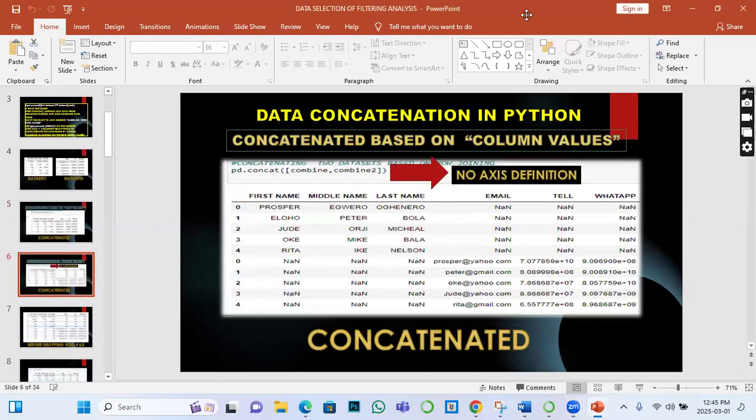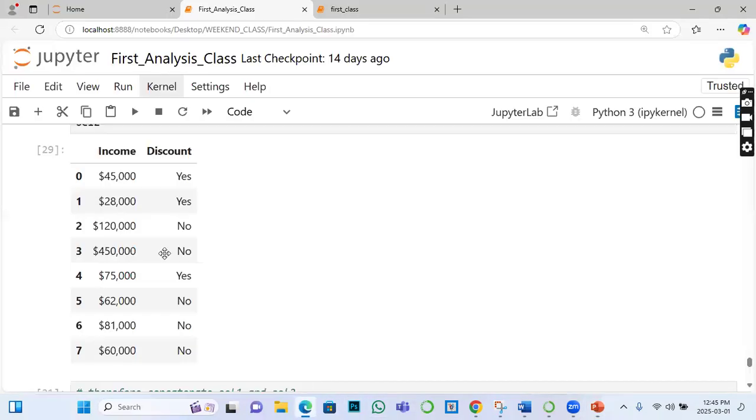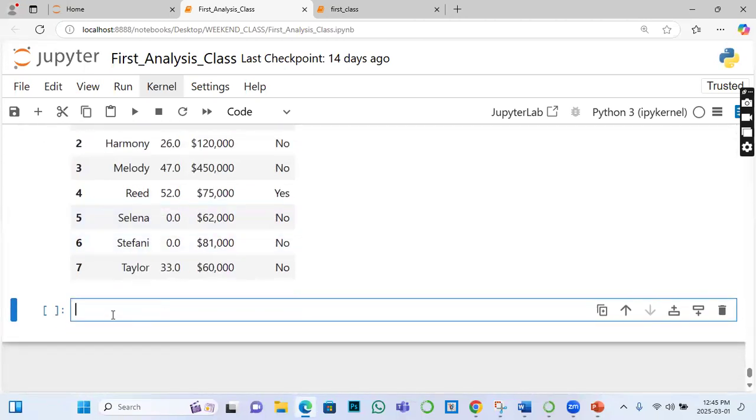Now, what we did, you concatenated based on column. Remember, I was trying to explain why we are adding that axis equals to 1. You can see that if you want to concatenate based on row, there's no need of adding that. So you can see what the syntax is saying here. No axis equals to. So let's try that data now. Let's assume that I want to concatenate the same thing. Let's say this one is result 2. Result 2 is equals to pd,